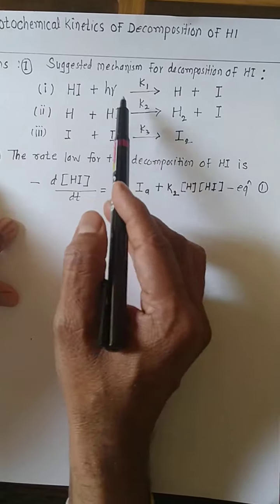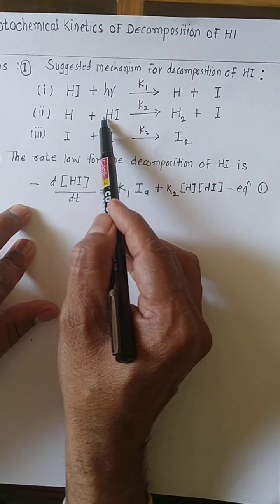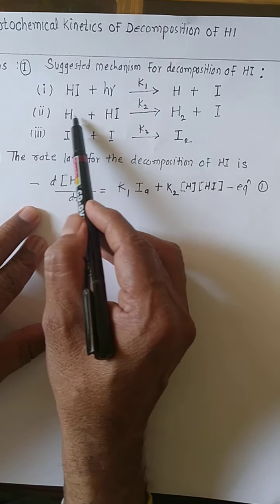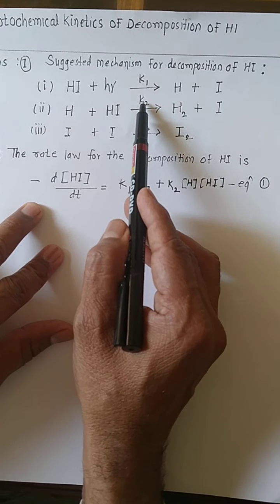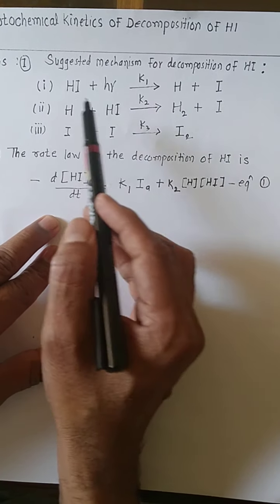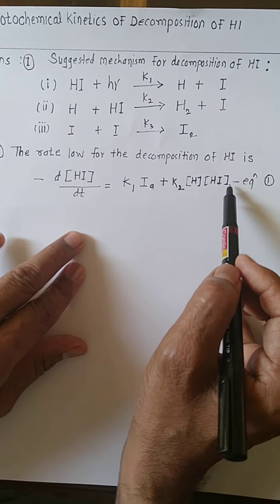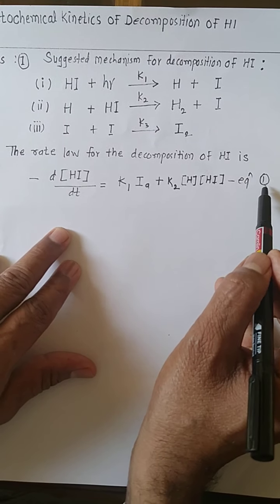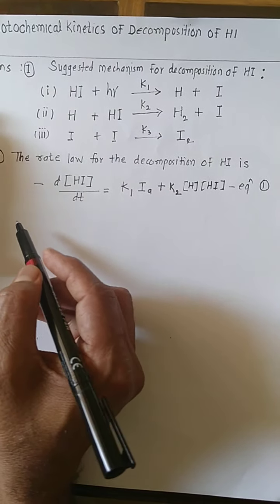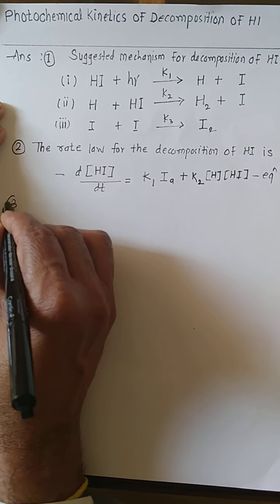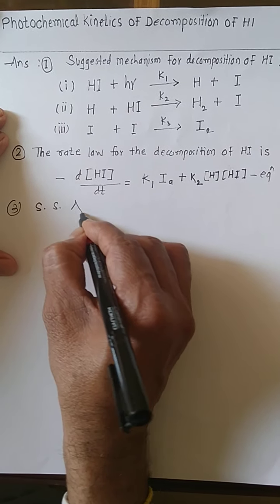Then the decomposition takes place in the second mechanism. Here the decomposition takes place in the reactant, therefore you have to write a plus sign, plus K2, then the concentration of H in one bracket and the concentration of HI in another bracket, labeled as equation 1. Now the steady state approximation, third point, is applying the steady state approximation